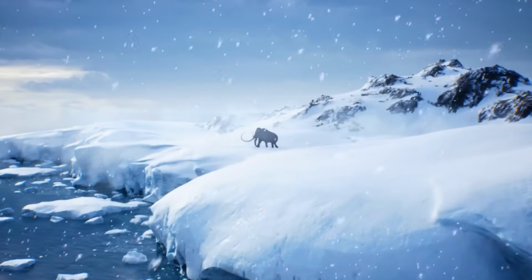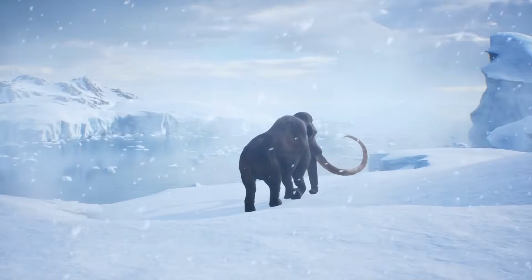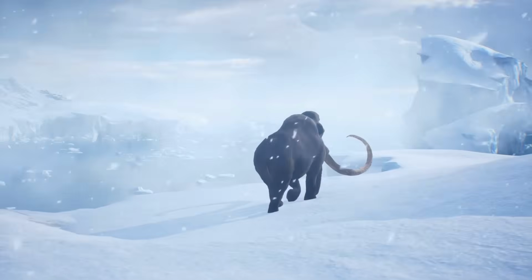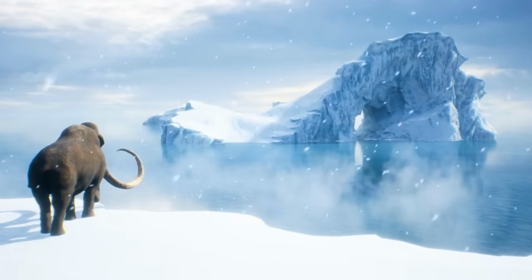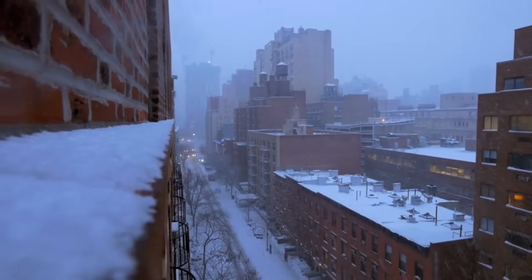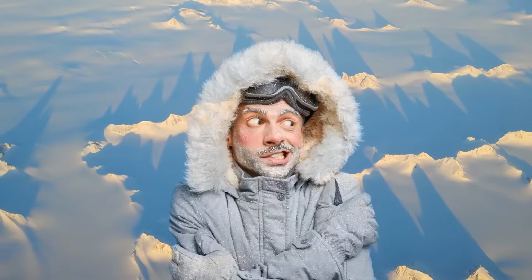During that glacial period, things were way cooler than they are now. At its peak, when ice sheets covered most of North America, the average global temperature was about 46 degrees Fahrenheit. That's a whole 11 degrees Fahrenheit cooler than today's global average temperature. That temperature difference may not seem like much, but it was enough to turn most of North America and Eurasia